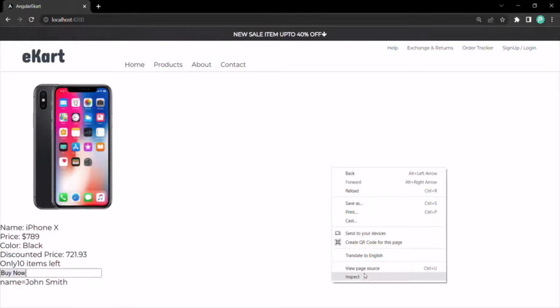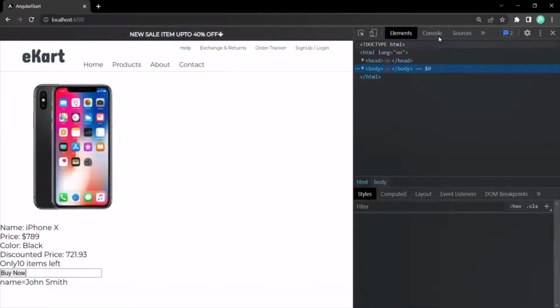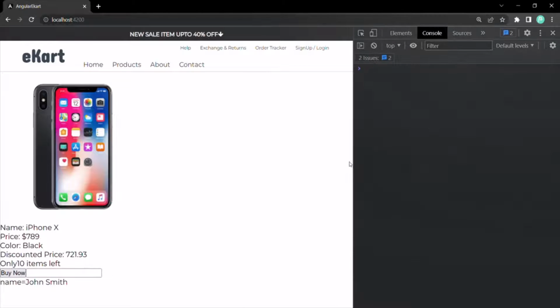Let me open the developer console here. Let's go to the console tab. Let's clear everything. So now you see what happens when I type something here. Let's say I type M. You see an event object has been logged here. Basically, when I typed M here,